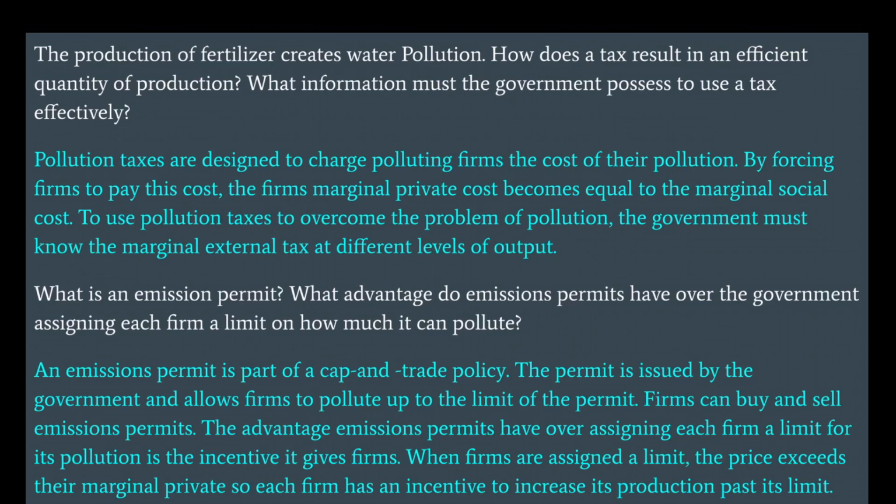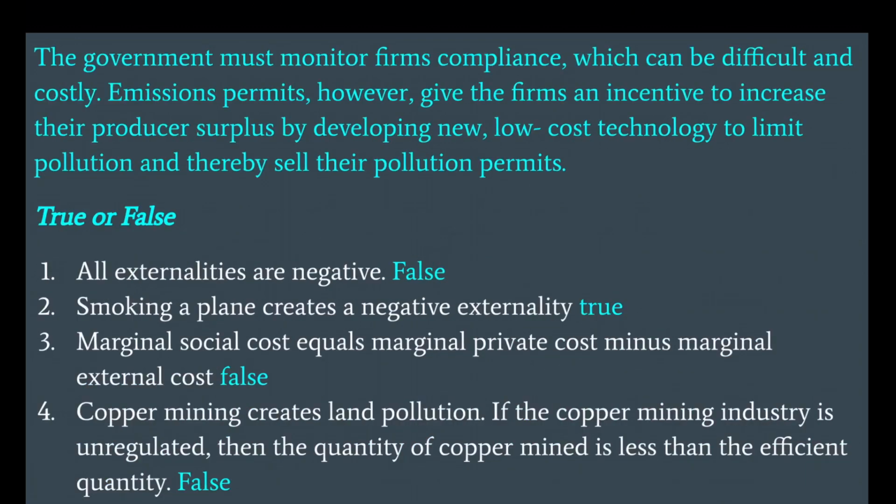The advantage emission permits have over assigning each firm a limit for its pollution is the incentive they give firms. When firms are assigned a limit, the price exceeds their marginal private cost, so each firm has an incentive to increase its production past its limit. The government must monitor firms' compliance, which can be difficult and costly. Emission permits, however, give firms an incentive to increase their producer surplus by developing new low cost technology to limit pollution and thereby sell their